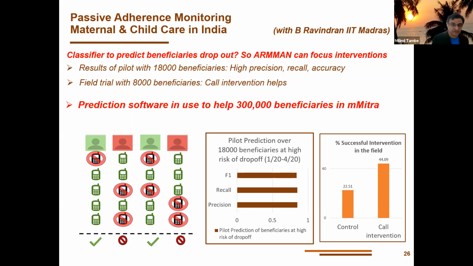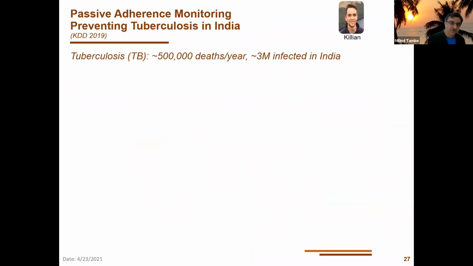One challenge we face, though, is that we will identify a very large population, 20,000, 30,000, even many more women, as being at high risk of drop-off. And so how do you select the ones to actually intervene on? I'll come to that next. But before we go there, I wanted to show you other domains where such predictions of lack of adherence can be useful. One such domain is tuberculosis, which is the cause of 500,000 deaths per year in India,